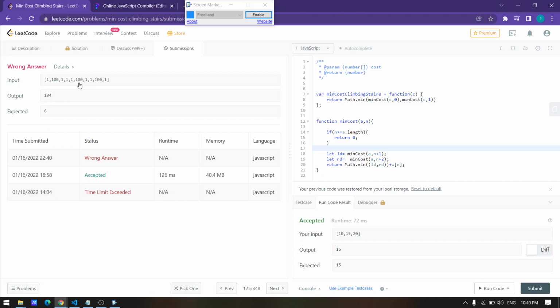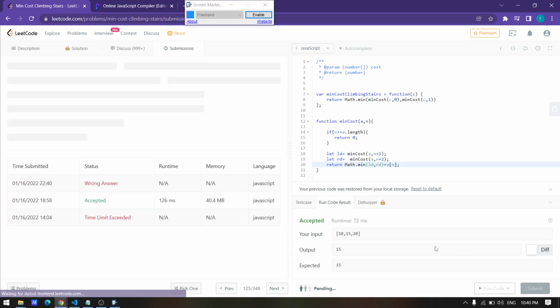It is giving the incorrect answer in this part only, because of return Math.min of ld, rd plus a of n. Okay, I think it will be ld, rd plus a of n. So n plus 1, n plus 2, it will be working fine right now.